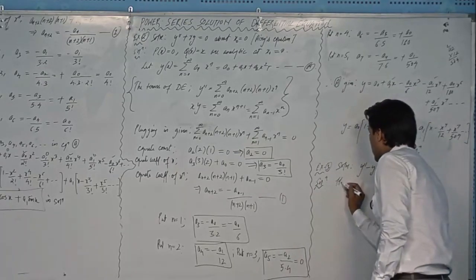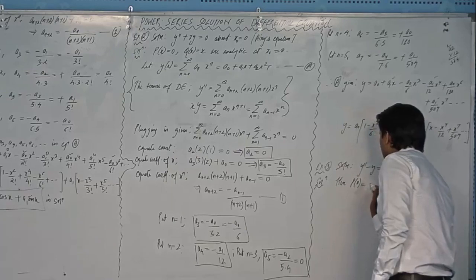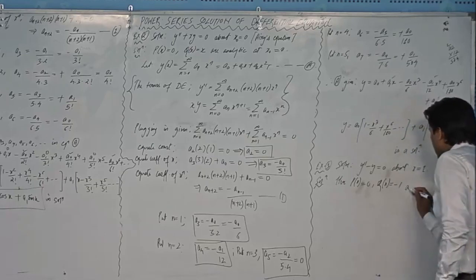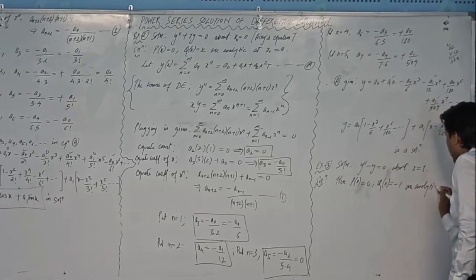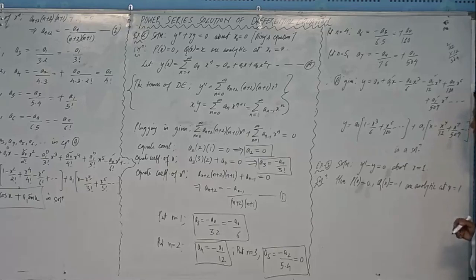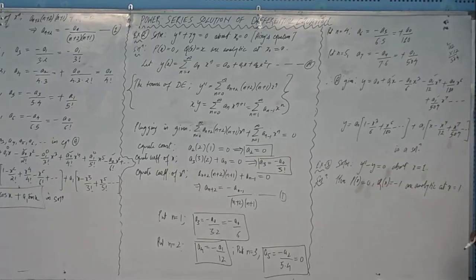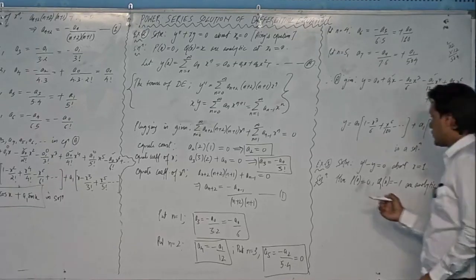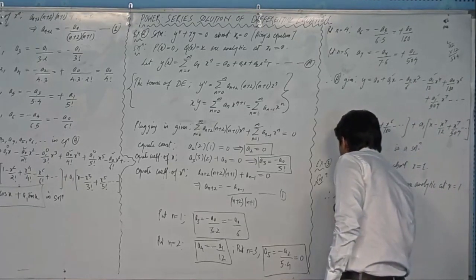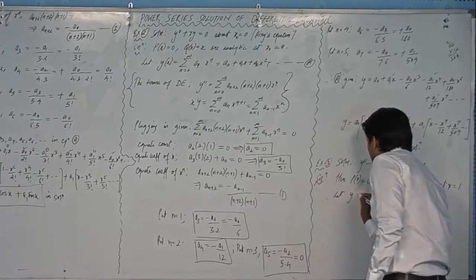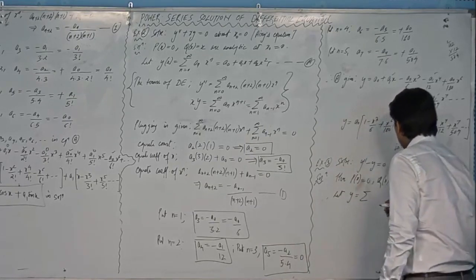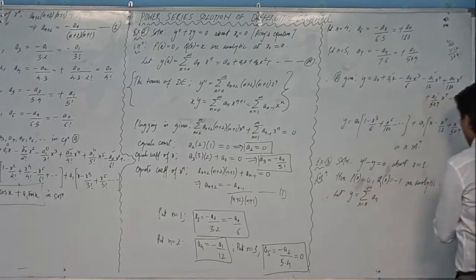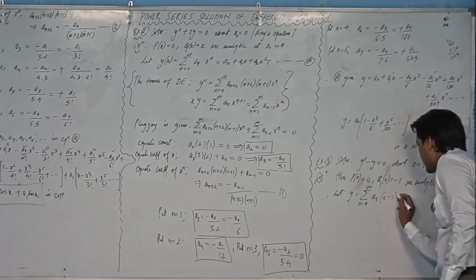what you should do, you should first check the coefficients. px is 0 and qx is equal to how much? Minus 1. You can see that they both are analytic at x equal to 1 because they both are constant functions, right? There is no problem, they are well behaved functions at any point, right? Okay, so we should expect the solution of this differential equation is of this form, n equal to 0 to infinity, and this time an, since the point is 1 this time, so be careful at this point, x minus 1 to the power n,